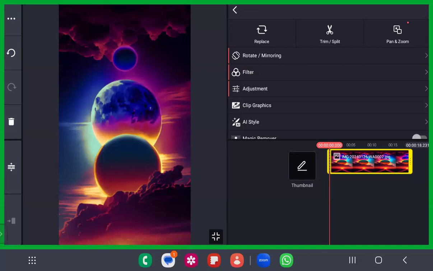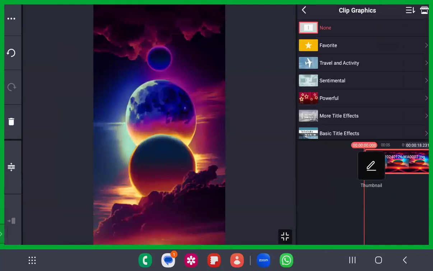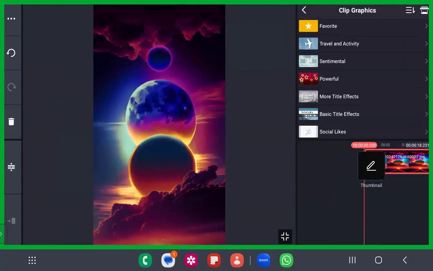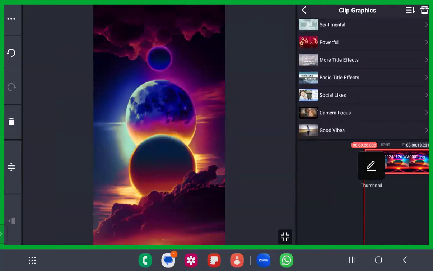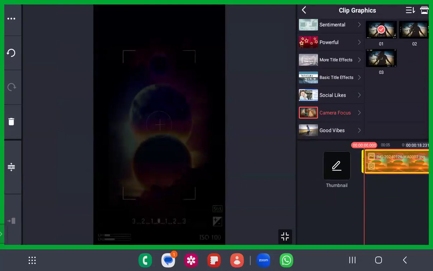Yes or no? Yes, you will all have it. Okay, just click on this clip graphics. This is just in red. Fine. You might find this the same as a transition. There are so many clip graphics that you can insert, dear sisters and brothers. For example, if you have 10 photos of your wedding or anniversary, you can make those photos into different videos by applying the clip graphics.